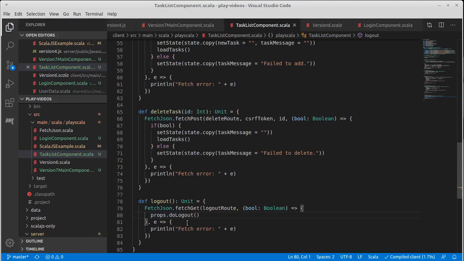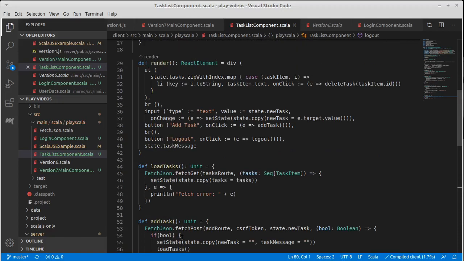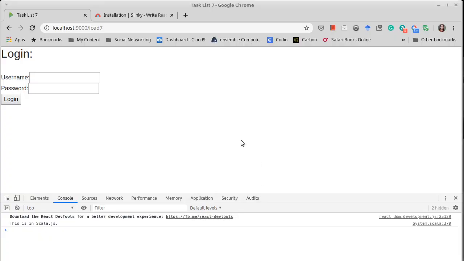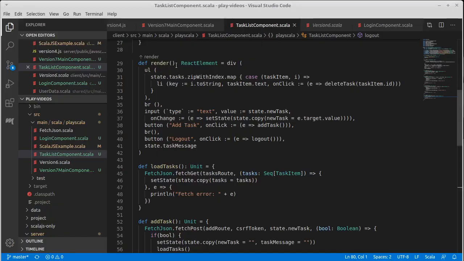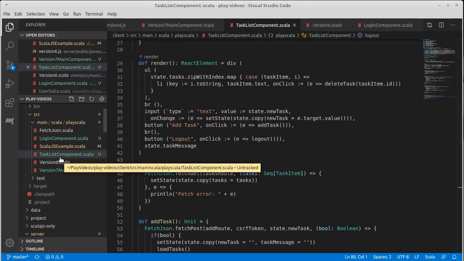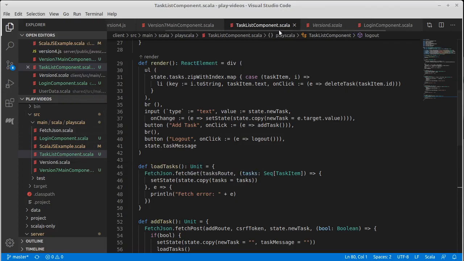Okay, so we do the logout route, and that should clear the token. Realizing that that wasn't happening is actually a challenging thing to do here, but it would not have been clearing the session token that says that the person is logged in. Okay, so that appears to be working. Sure, let's go ahead and finish this off real quick so that we can have everything in place. So that